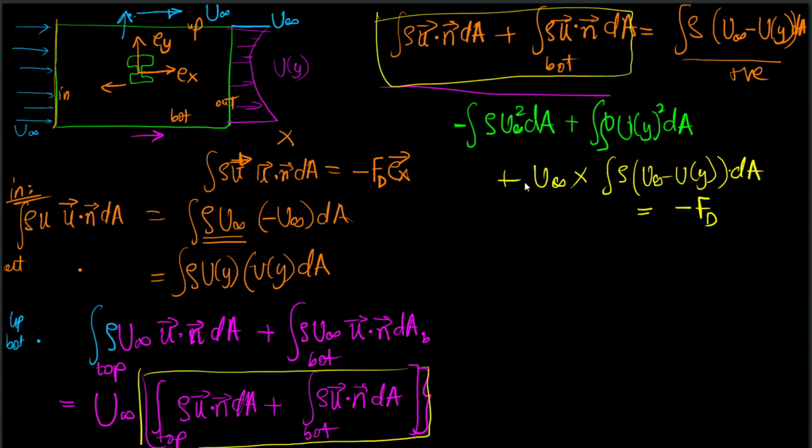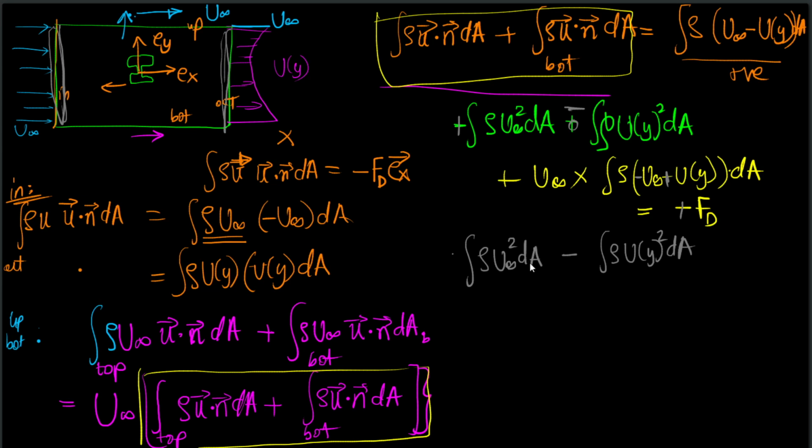So what do we get? What do we have on the left hand side? Let's take a negative of all the terms. So we have integral rho u infinity square dA over this area, minus integral rho uy square dA over this area, and dA is essentially dy multiplied by